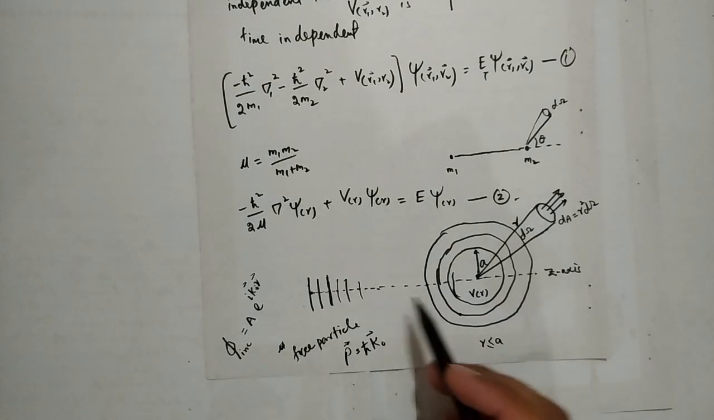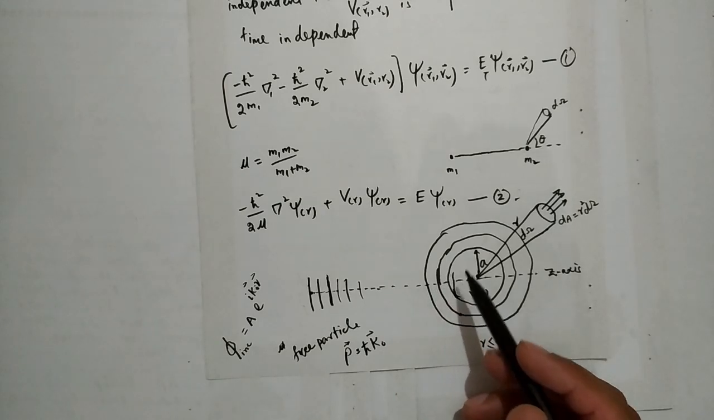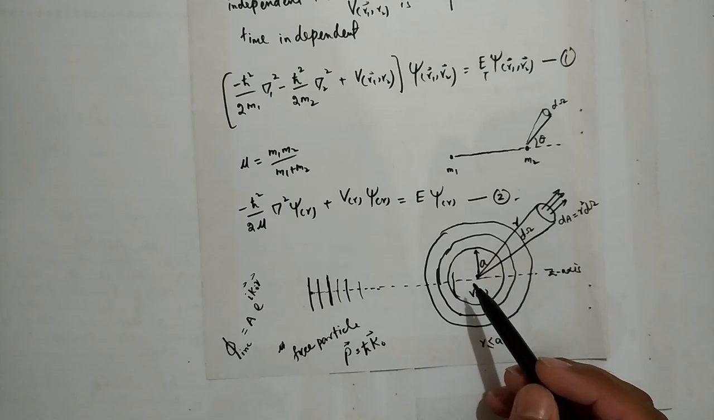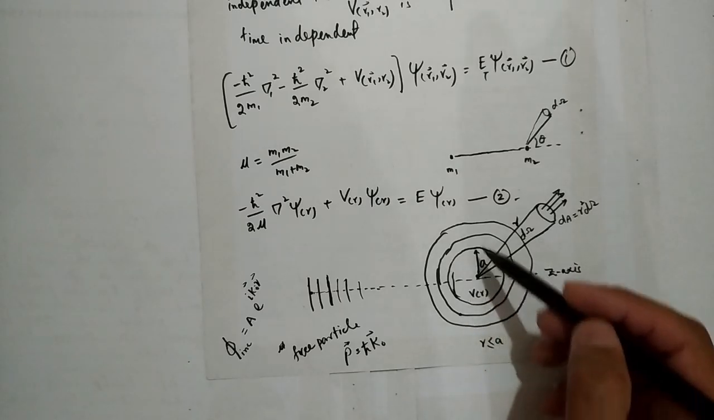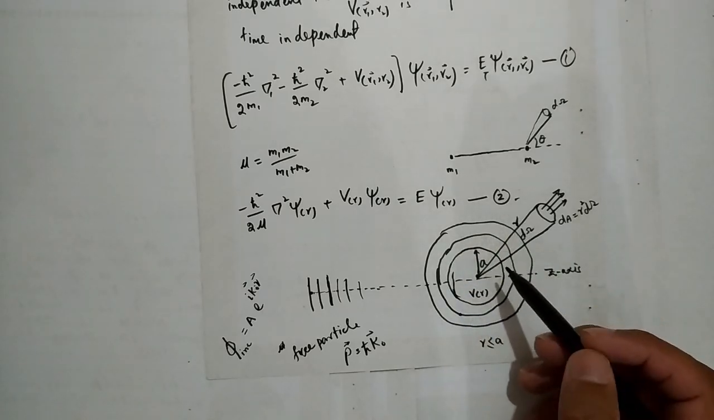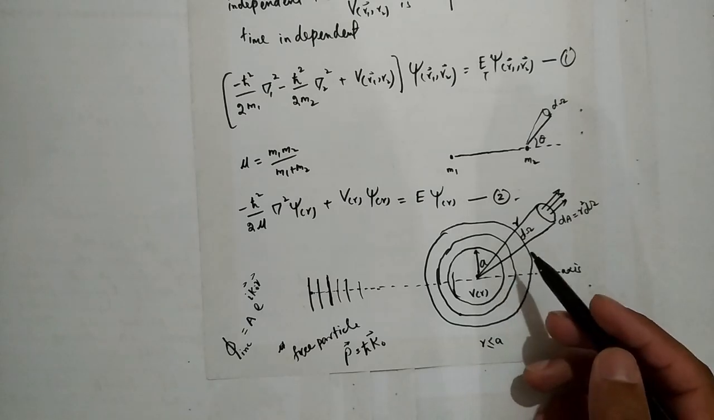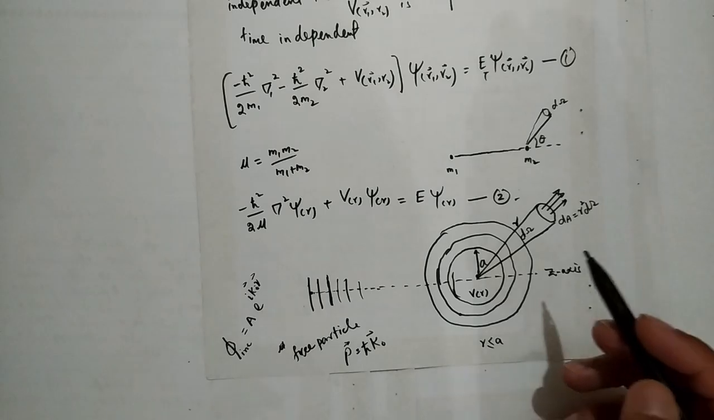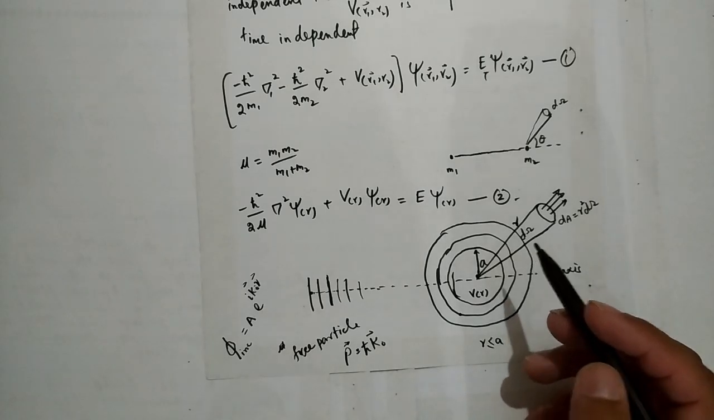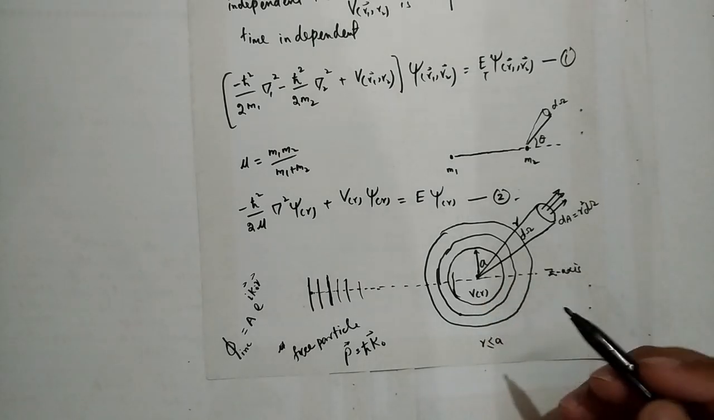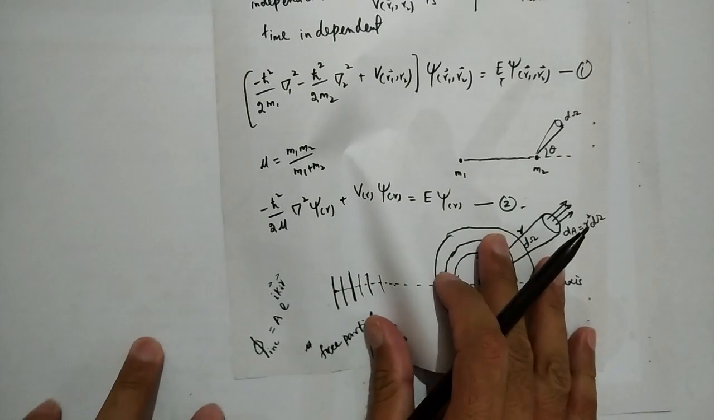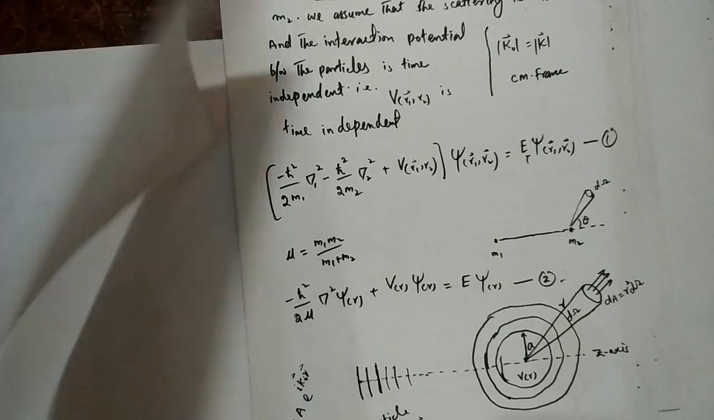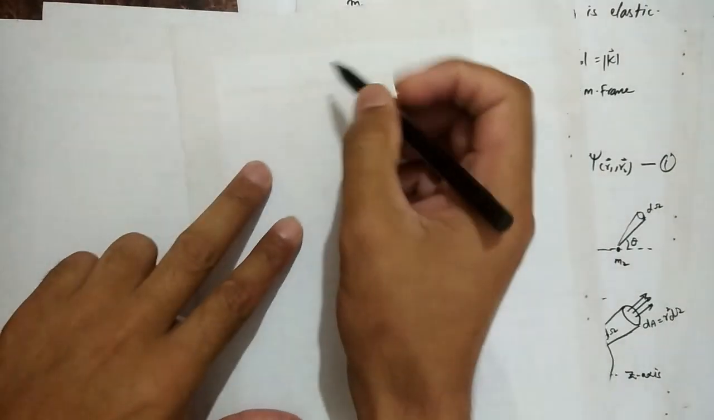And when the incident wave collides or interacts with the target through this potential, an outgoing scattered wave that is isotropic, that is, a symmetrically spherical wave. So if the scattering is isotropic, what is isotropic and anisotropic? In case of isotropic scattering,